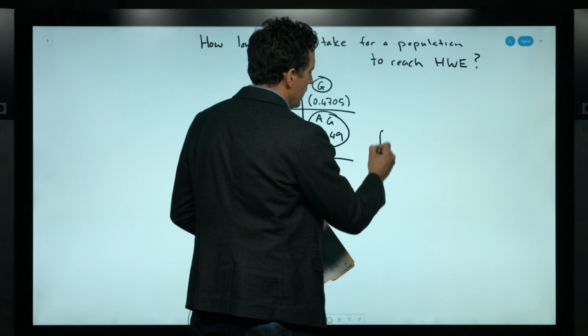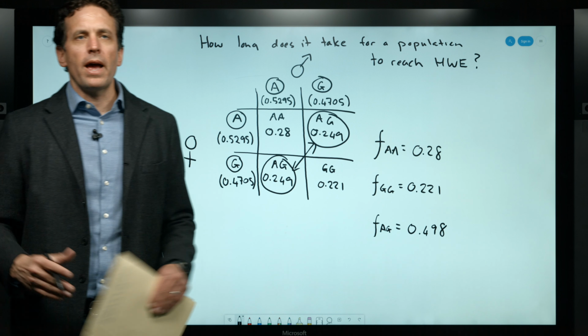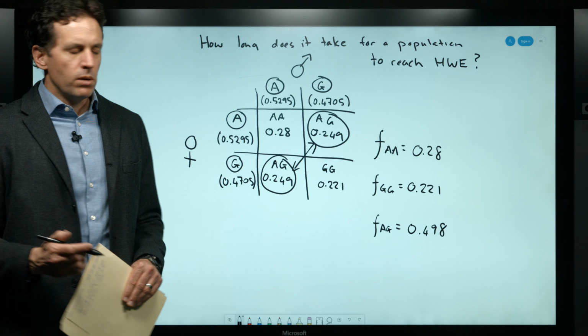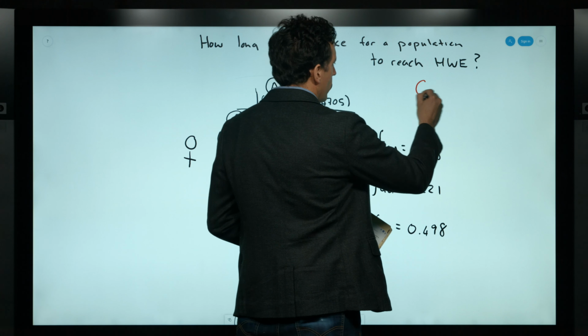And so the frequency now in the next generation of the AA genotype is going to be 0.28. The frequency of the GG genotype is going to be 0.221, and the frequency of the AG heterozygote is going to be the sum of these two, which is equal to 0.498. And so you can see that in a single round of random mating in this population, the population is now in Hardy-Weinberg equilibrium. And so the answer to this important question here is 1 generation